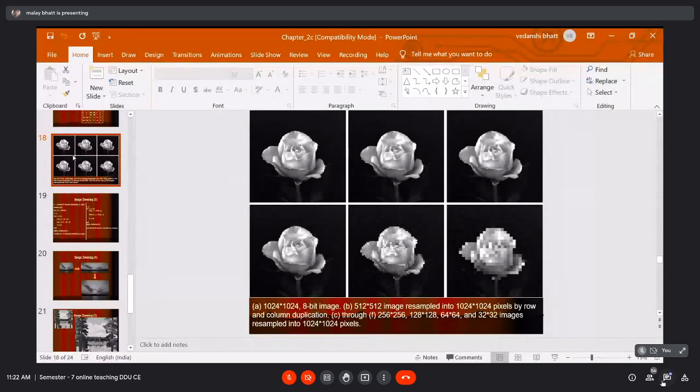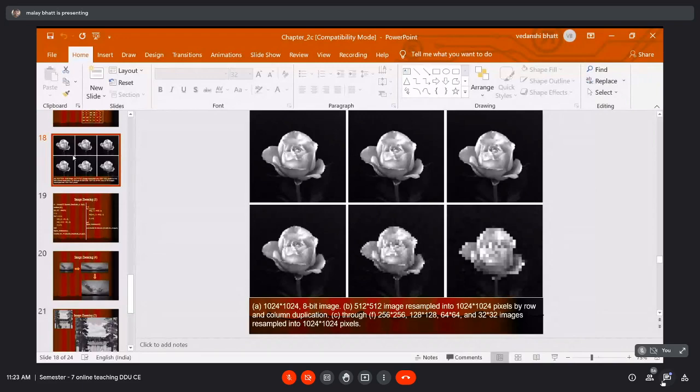The previous one is a 64x64 image, the bottom row, middle element. It is converted into 1024x1024. Still you cannot see clear detail.